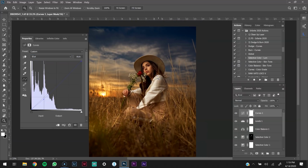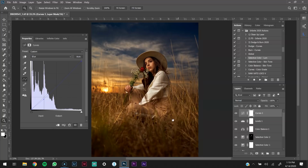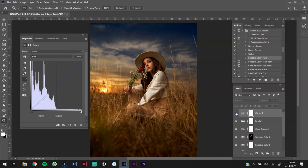Now you'll notice that it looks a little bit more yellow, but the problem that I have is that I didn't necessarily want it in my highlights. It's making my highlights a little bit too golden, at least for my taste. Now this is subjective. You might like the way it looks there. Maybe you might say, you know what, I want to adjust the opacity and you can bring it down. That's totally fine. But what I did instead was I double clicked in this little blank spot here on the